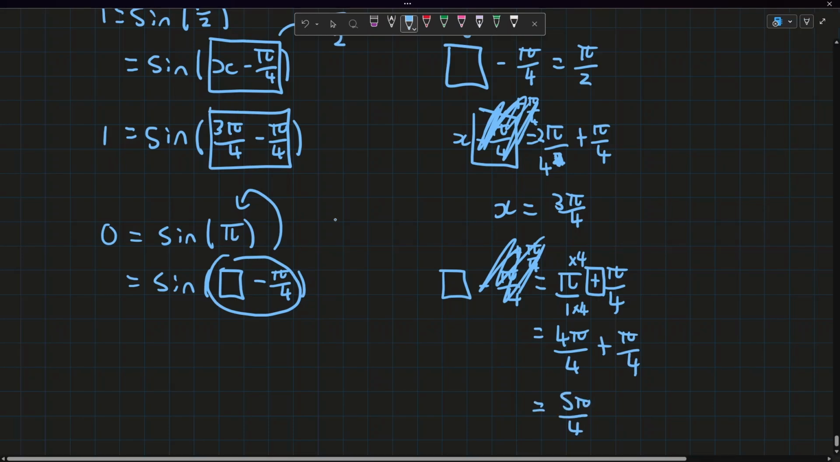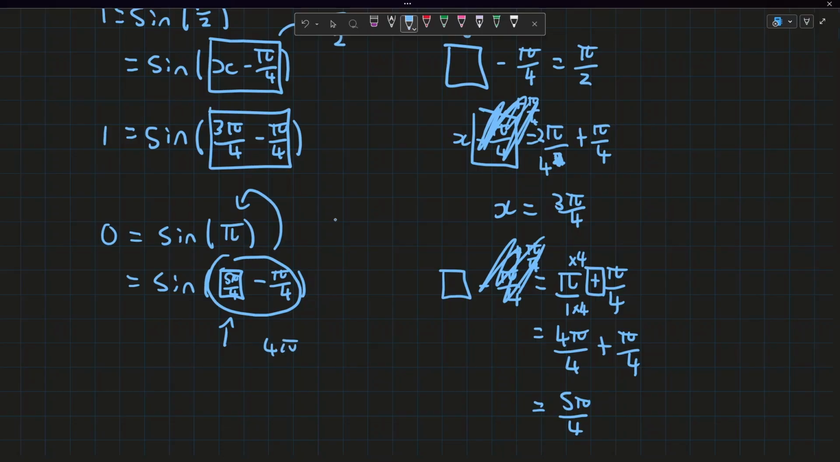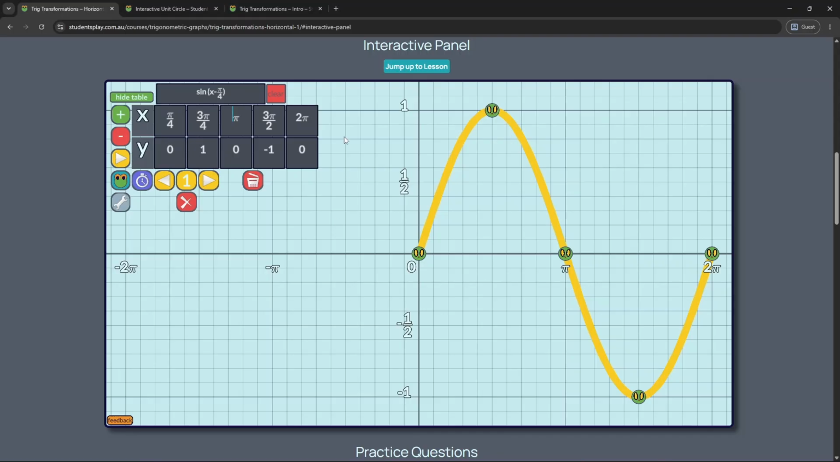And so if this thing in here is 5 pi on 4, if I can squish that in there, then 5 pi on 4 minus pi on 4 will give us 4 pi on 4, which is just pi, which is what we wanted. So this guy needs to be 5 pi on 4, and that will get us our 0. Okay, next one. Maybe pause the video and see if you can do it